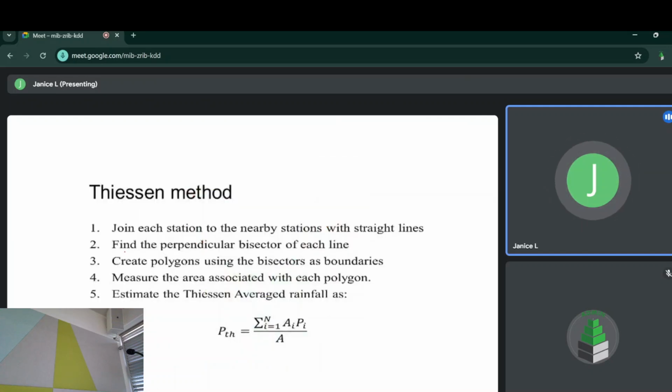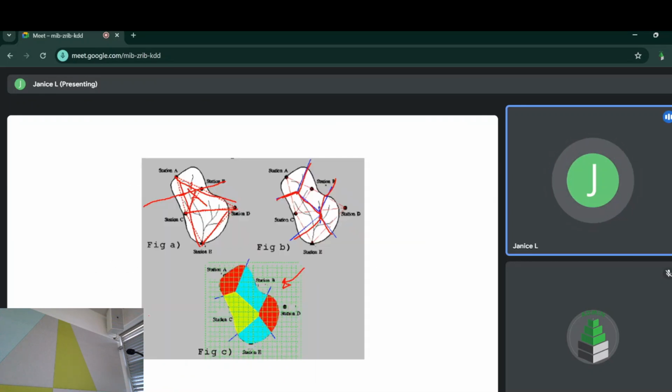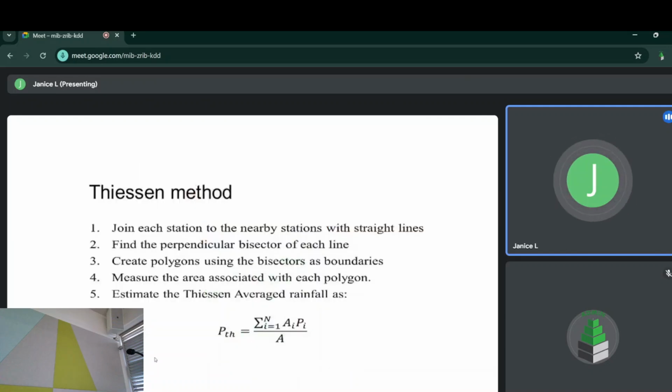Now, after you get those polygons, you measure the area associated with each polygon, and a lot of times it's very rough. You're counting the squares of the grid. Maybe it's given to you even. But most of the times, you're just counting the squares and then estimating the area. And then you do an arithmetic average, right? You estimate the Thiessen average rainfall, P_TH, TH being Thiessen, but then P is the average rainfall, and then however many n number of polygons,